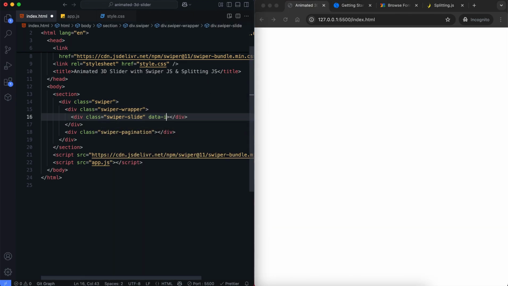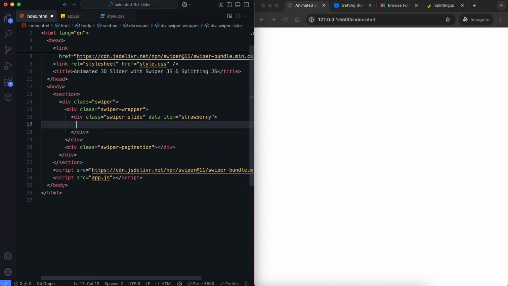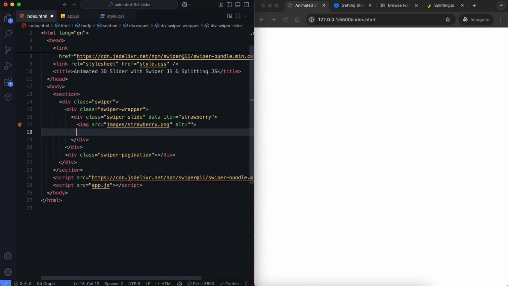We also add a data item attribute to each slide. This helps us style each slide differently. Each slide contains an image and a title.